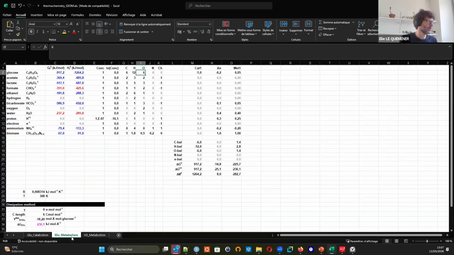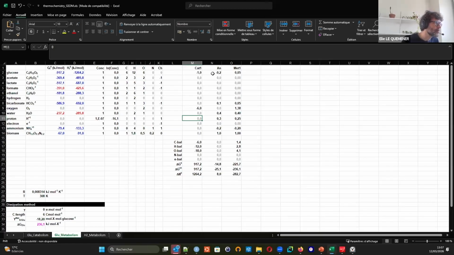So okay, we'll consider, for example, glucose metabolism, and we want to compute the yield. So first we want to write the catabolism, same as before. We consume 1 glucose and consume 6 oxygen, and we produce